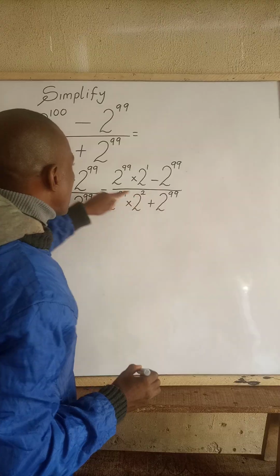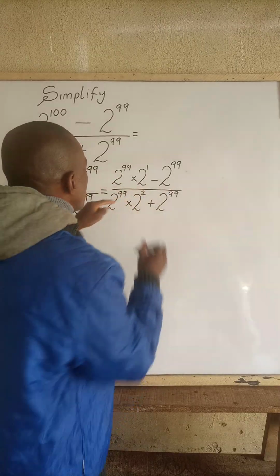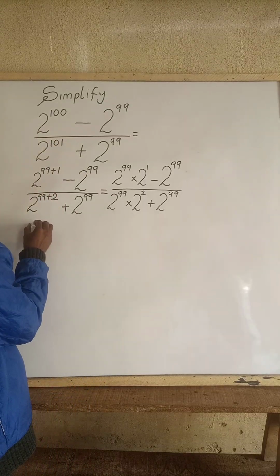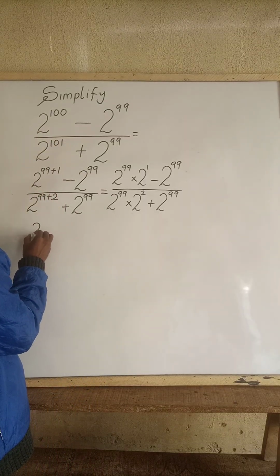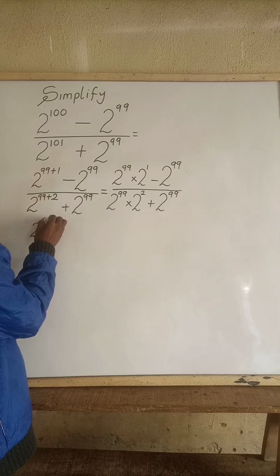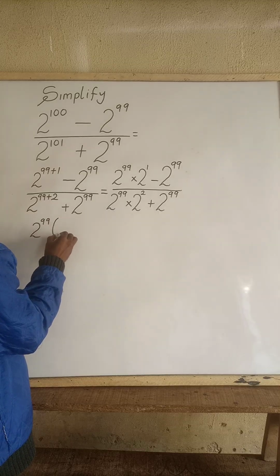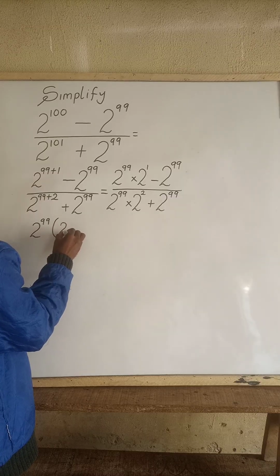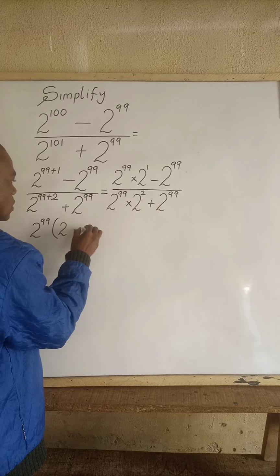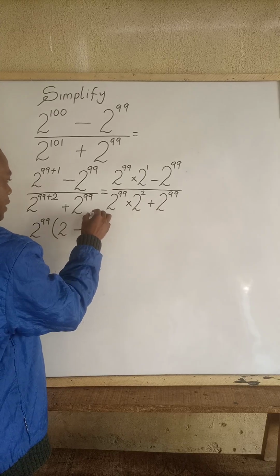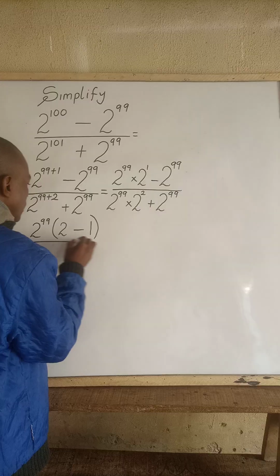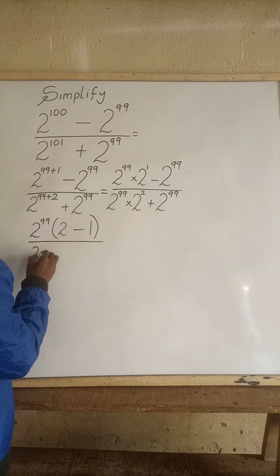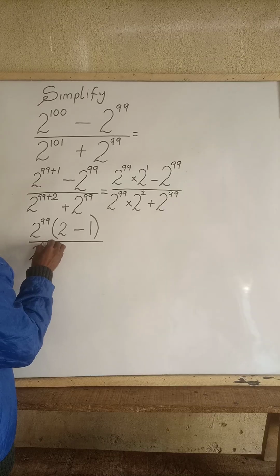So when I simplify this, when you look at the numerator, you will observe that they have 2 raised to power 99 in common. So I will extract it. We will have 2 raised to power 99, bracket open, 2, minus 1, bracket closes, over this, they still have 2 power 99 in common, 2 raised to power 99,